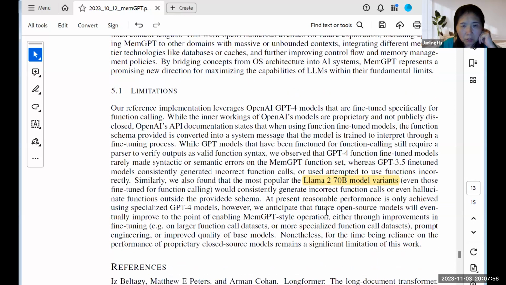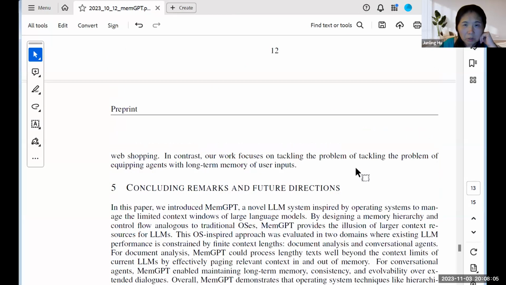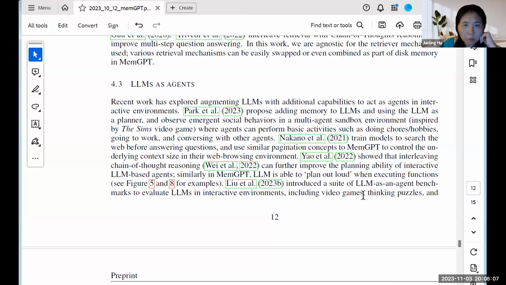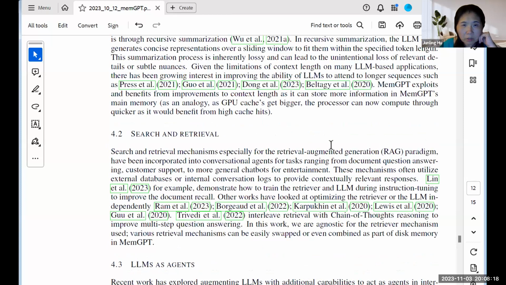This is just that they don't know what's inside GPT-4. But is there a limitation on their time? I don't see one. So they do a search retrieval, and basically what they said is that the retrieval is pretty fast.